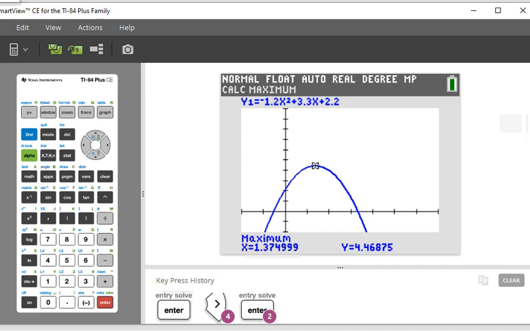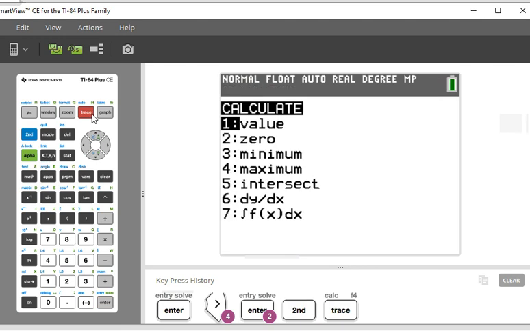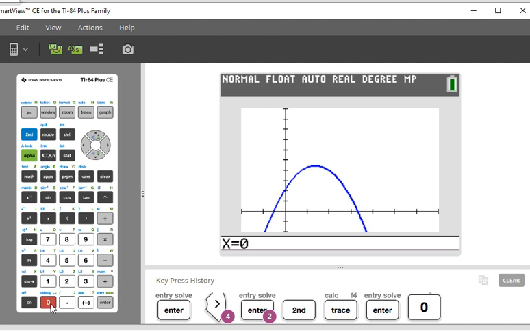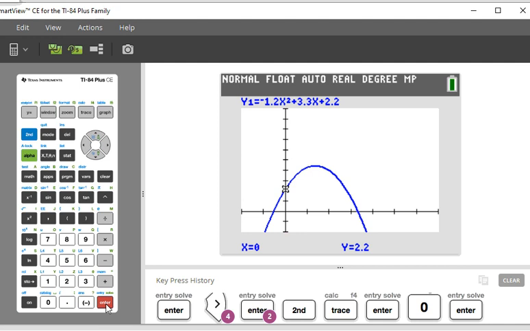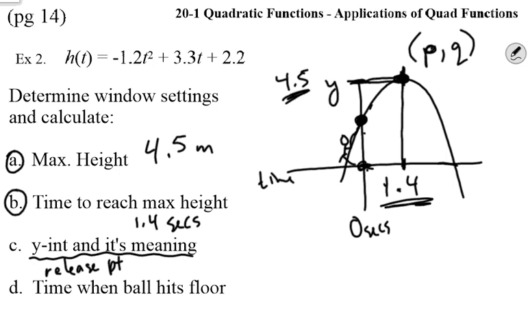This time, we want second trace. And to get the y-intercept, we want the value when x equals 0, because our y-intercept always occurs when x equals 0. And we can see the y-intercept is 0, 2.2, which tells us 2.2 meters is our y-intercept. The release point is 2.2 meters high. And there you go. Last one, when the ball hits the floor,